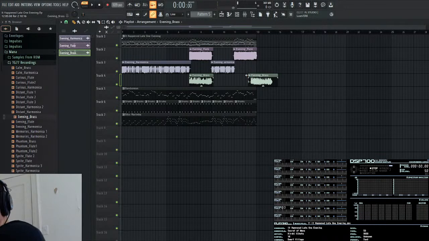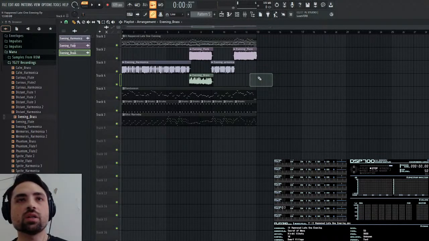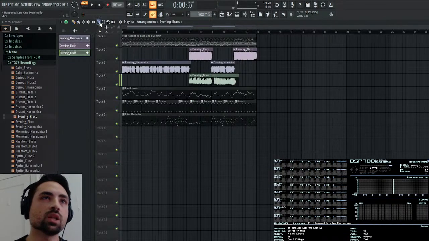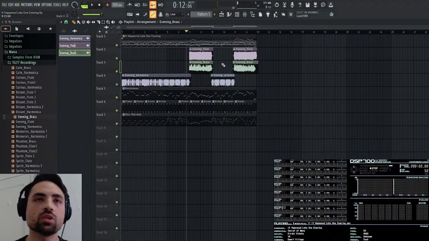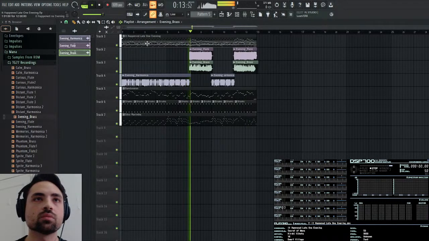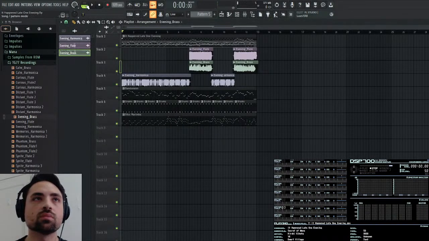Let me hold Alt to drag. I need it to be aligned. So let me go and slice this and then move it. So actually we can move this up too. No, wait, up one is fine. And I forgot to turn the volume down to 50%.